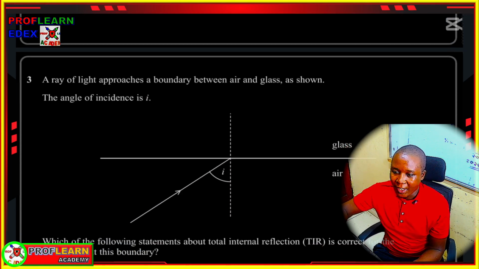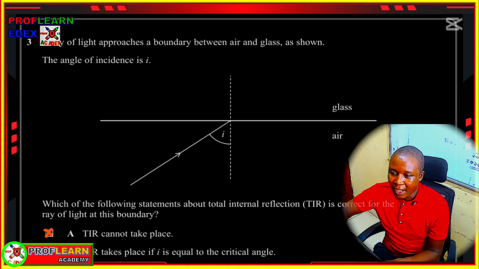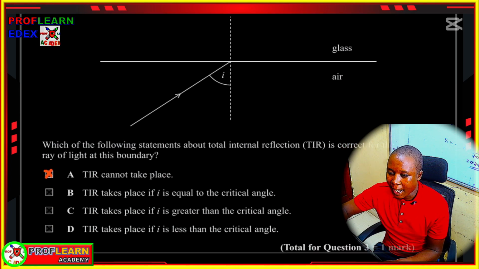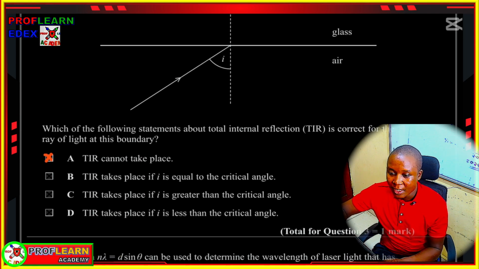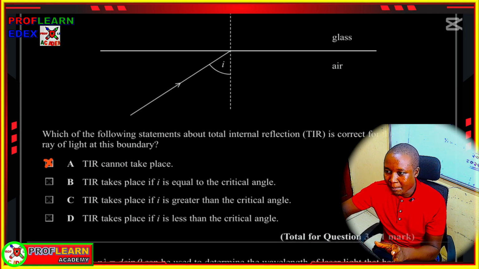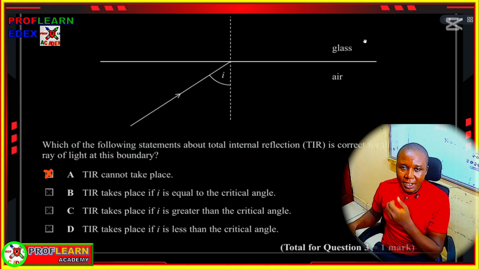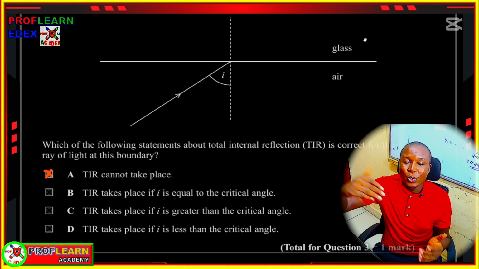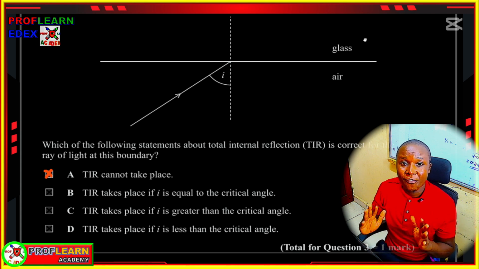The ray of light approaches the boundary between air and glass as shown there. The angle of incidence is I. Which of the following statements about total internal reflection is correct for the ray of light at its boundary? If you look at the ray, it is moving from air into glass, which means the ray of light is moving from an optically less dense medium to a dense medium, then we can say total internal reflection will not